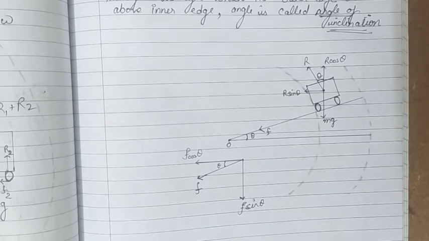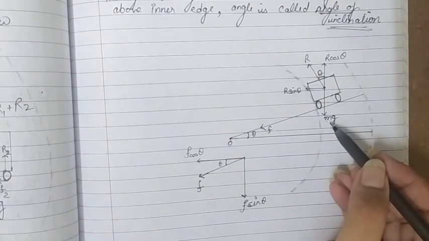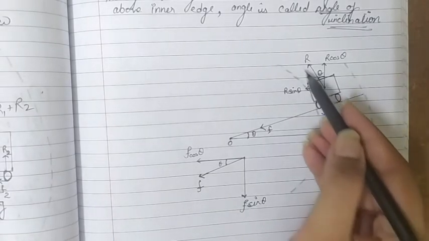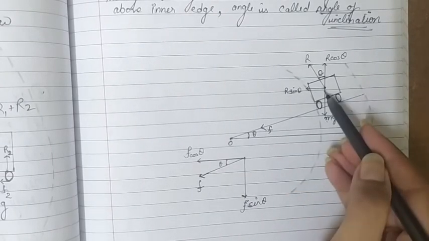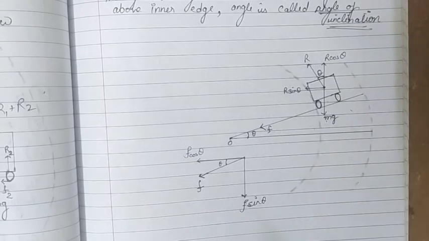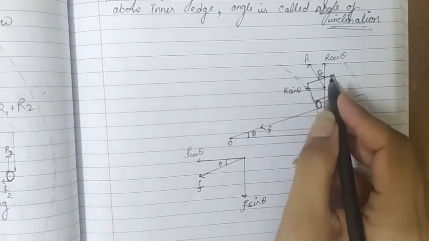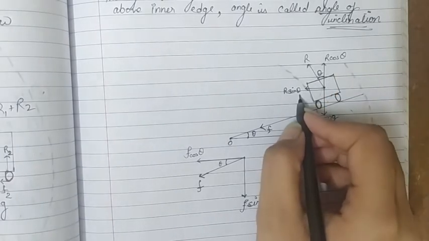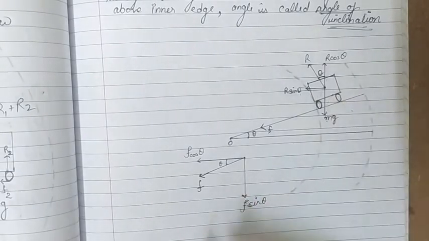So for the circular motion on a banked road, we can see in the figure the forces acting on the vehicle. The first force is the weight mg, which is acting vertically downward. A normal reaction R of the road acts at an angle theta. This is because of the road, so it acts at the angle theta; with the inclination we give, it will bend from the vertical. So we have R making an angle theta with the vertical. The components of R are R cos theta and R sin theta. R cos theta is balanced by the weight mg and R sin theta is acting towards the center.